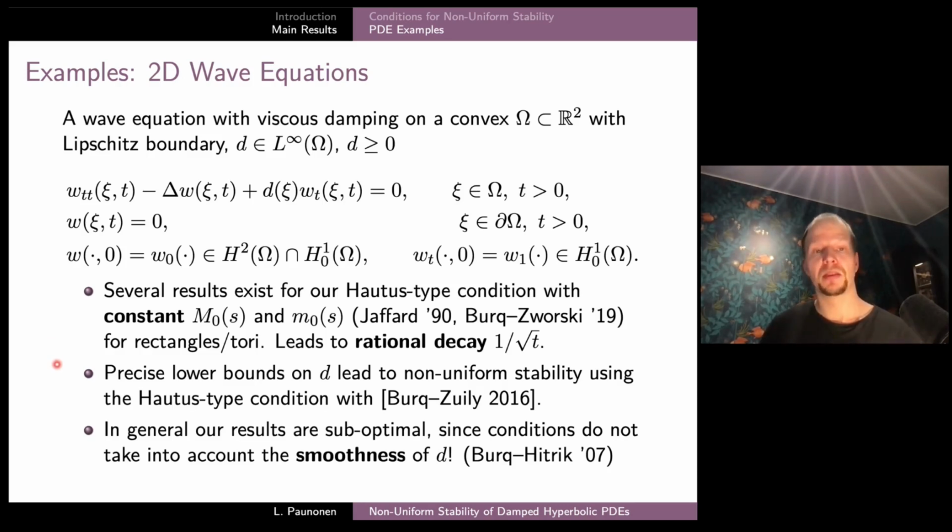And to be fair, many of these results have already been using similar approach of observability-type conditions and also employed these abstract methods. But our results also generalize these known stability results,